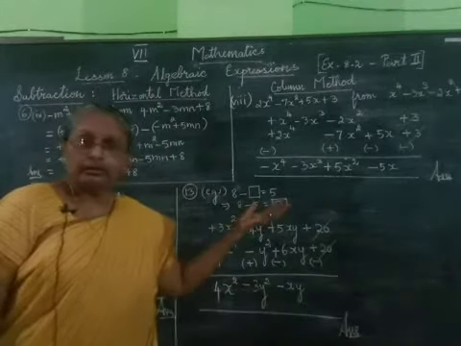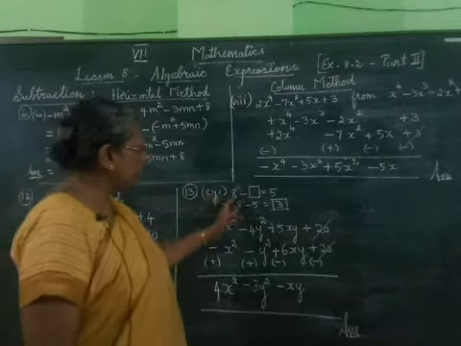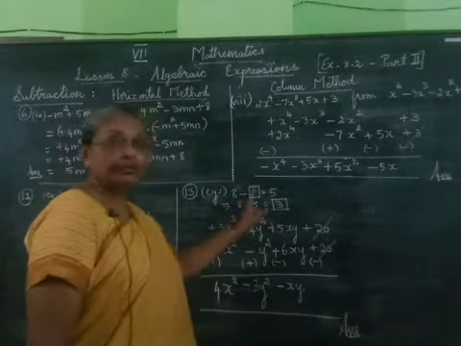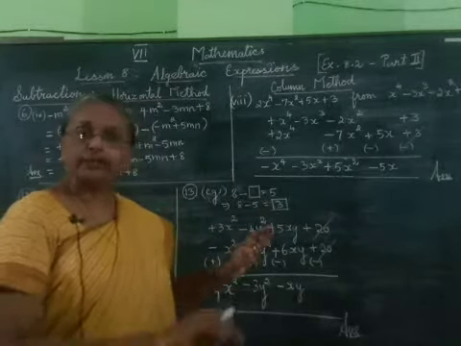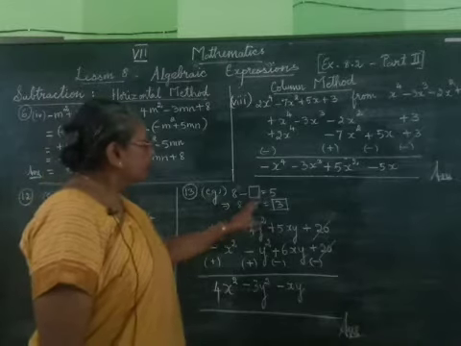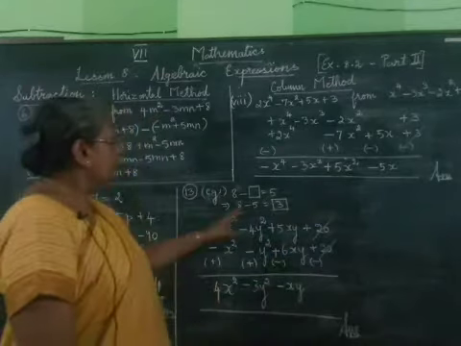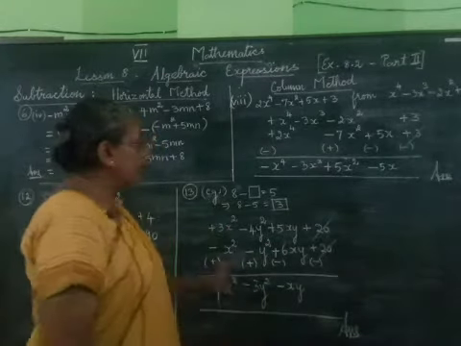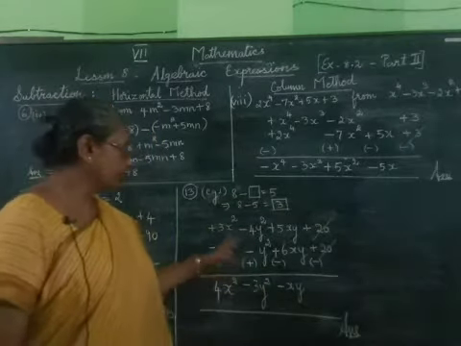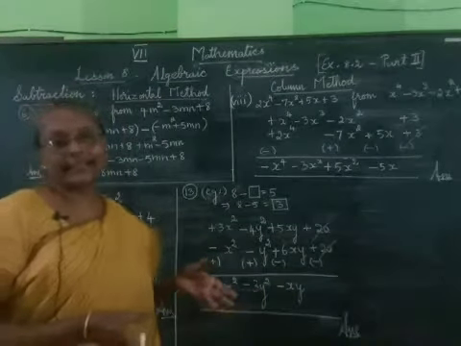We will see another example. Suppose we want to find what should be taken away from 8 to get 5. Taken away means subtract, to get 5. In order to get this answer, we do 8 minus 5 is equal to 3. So how are we finding that? From the first one we are subtracting the second one. The same thing we will do here. From the first expression, whatever is given, we will subtract the second expression.